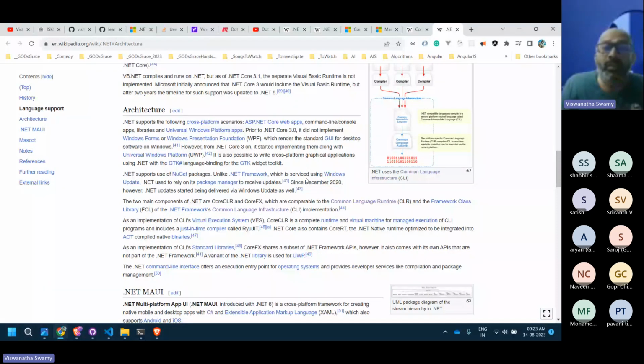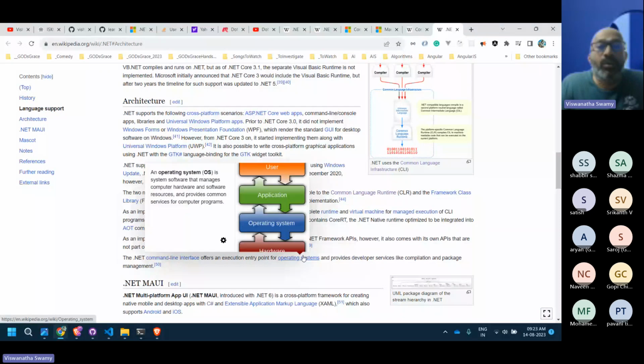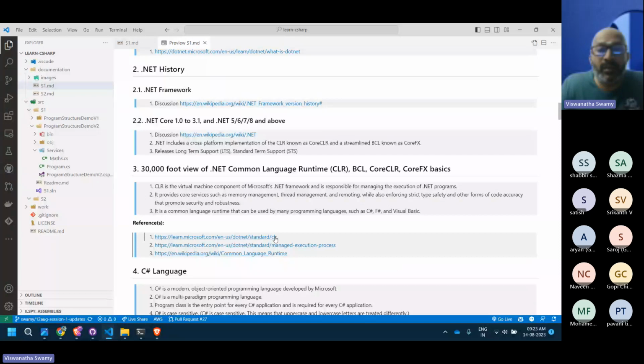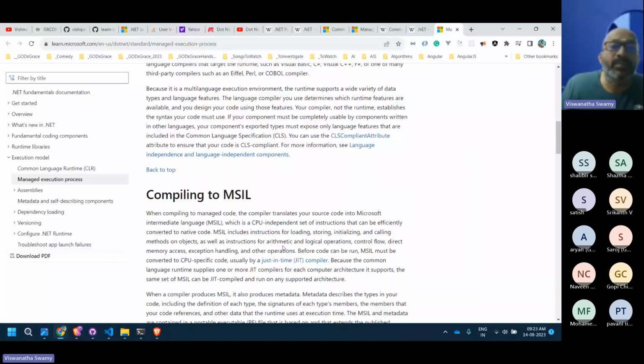It takes care of the just-in-time compilation, execution, memory management, and all these things. So that being said, let's see another. We saw that, and the managed execution process. So see this. These two pieces we'll understand as of today.